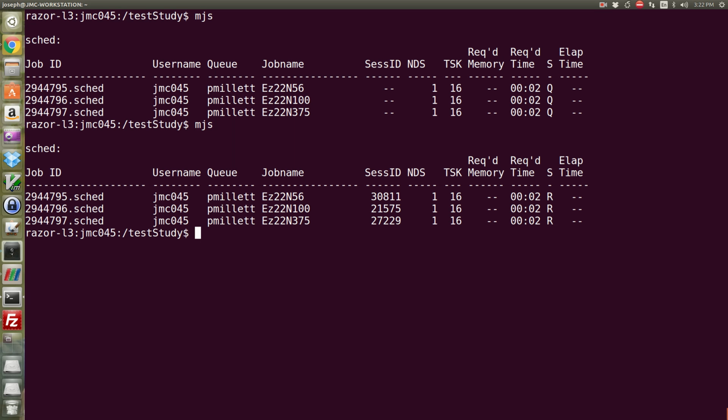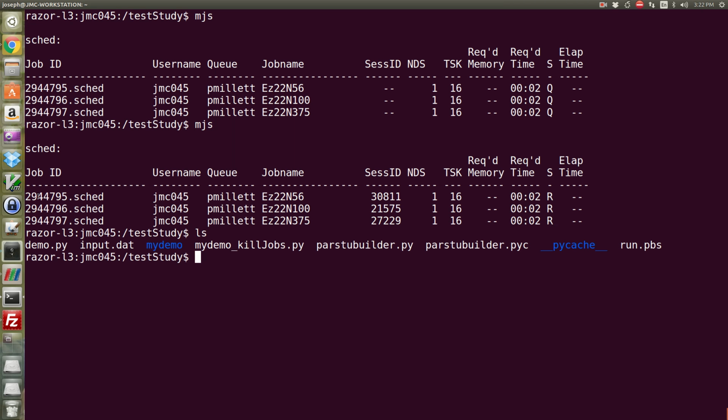And now you realize that you screwed something up and one of the parameters was wrong and you need to change it. So you need to go ahead and delete all your jobs. What do you do? Well, this parstubuilder class module and parametric study class has a nice method for doing batch delete of all your jobs. So what happens is when you create the study, it creates this directory,